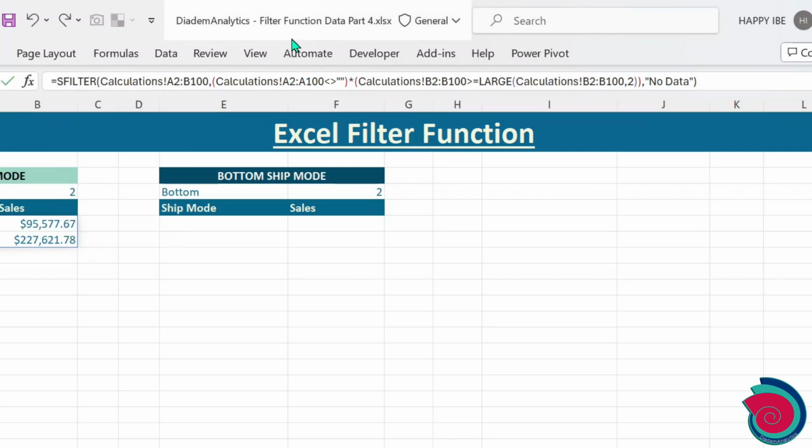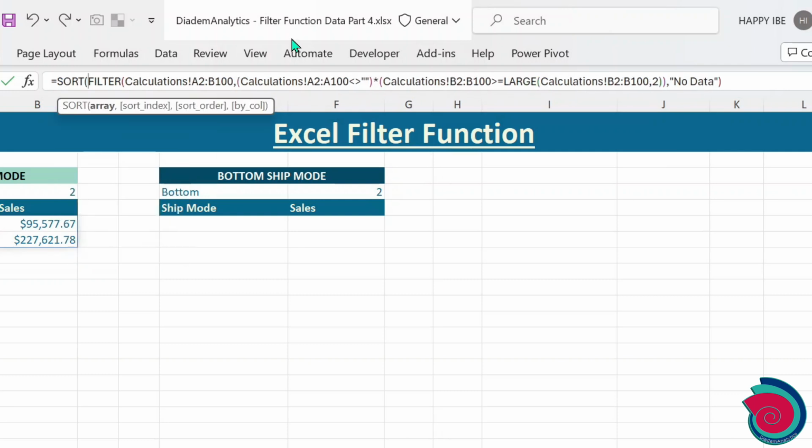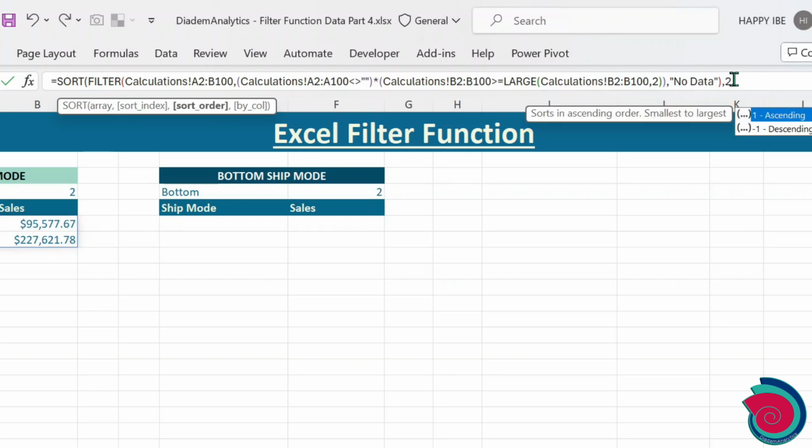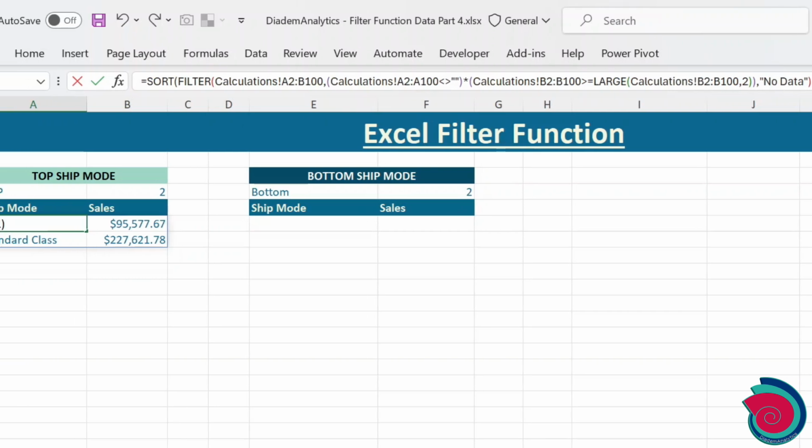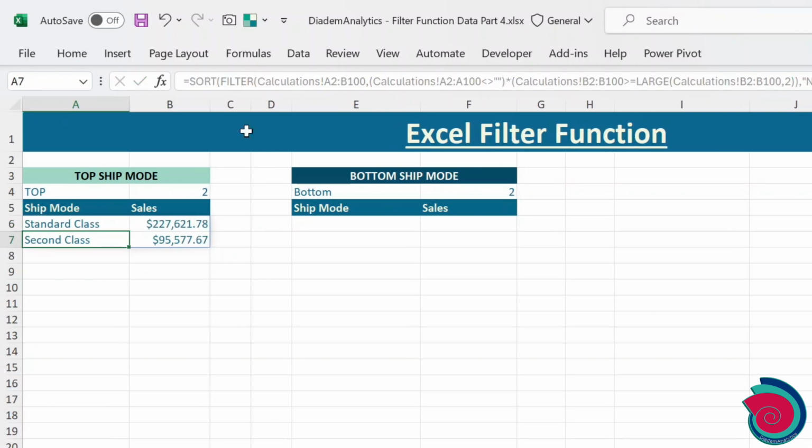In order to get that, we go for the SORT function, and we want to sort by index 2, and we want the descending order. Enter. So here now we have the Standard Class as the highest ship mode for sales, followed by the Second Class ship mode. All right,